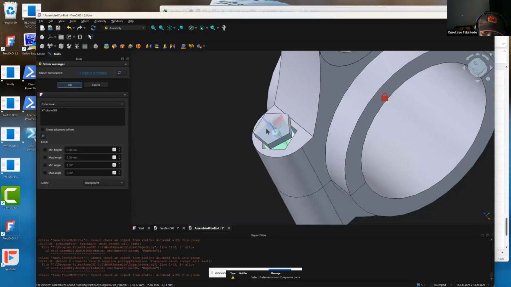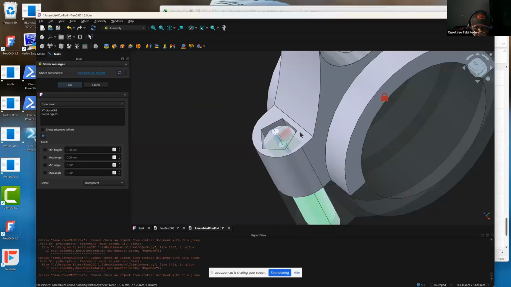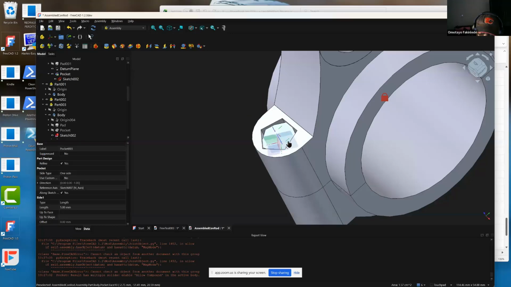Let's see whether that will accept it. Let's try again. I want the cylindrical joint to be between this point here. Okay, so it has brought this in as a cylindrical joint. Let us say that is okay. So if there's a cylindrical joint, that means that I can move it up or down, and I can also rotate it inside this place. So because it's a cylindrical joint, it can move up or down, and it can also be rotated